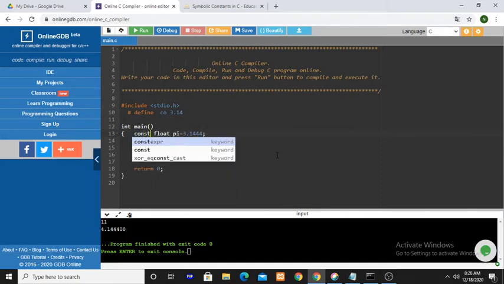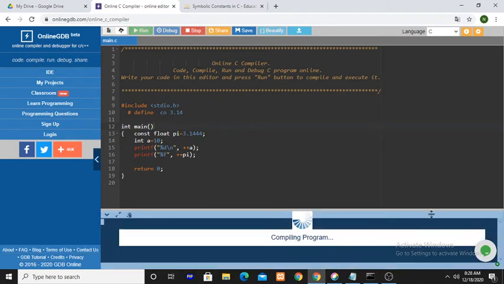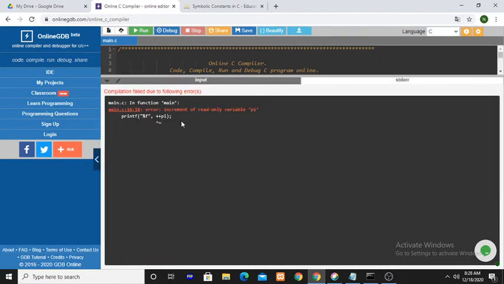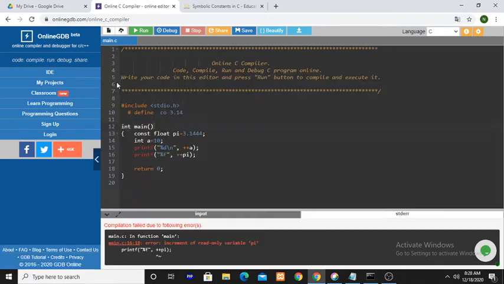Now I am writing const here. What is happening here? a is an integer type variable, pi is a floating point type constant, it is not a variable. Here you are getting one error. What is the error? Increment of read-only variable pi, that is the error. Pi is a constant.